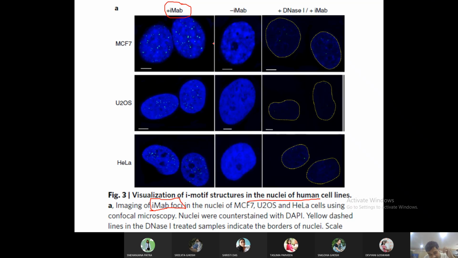But before the cell got killed and the cell structure got destroyed, you add this DNase, and immediately we'll see this green dot, what you are saying, is now getting vanished. Only a few of the dots remain. You see how many dots were there before and how many dots are there after. Correct or not? Majority of the dots are vanishing. So that suggests that truly these structures also form inside the cells.